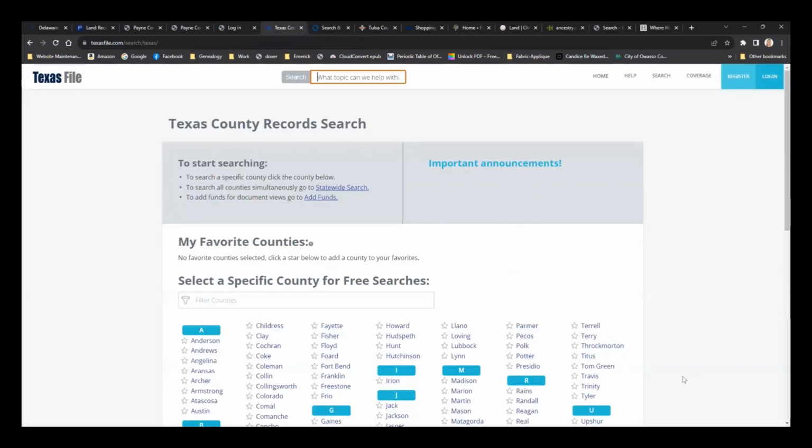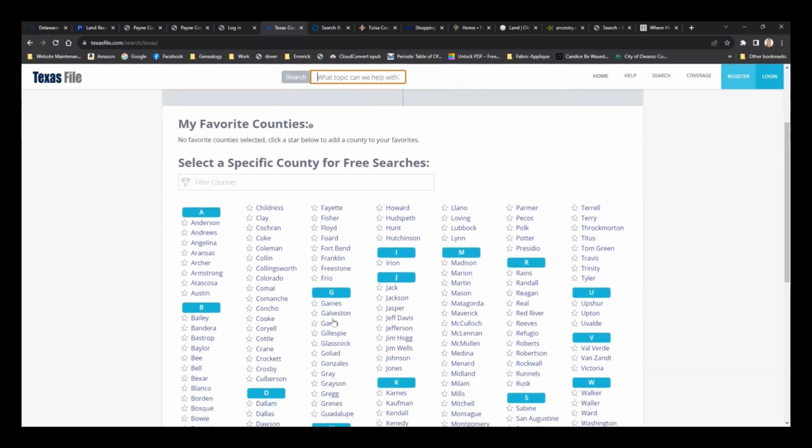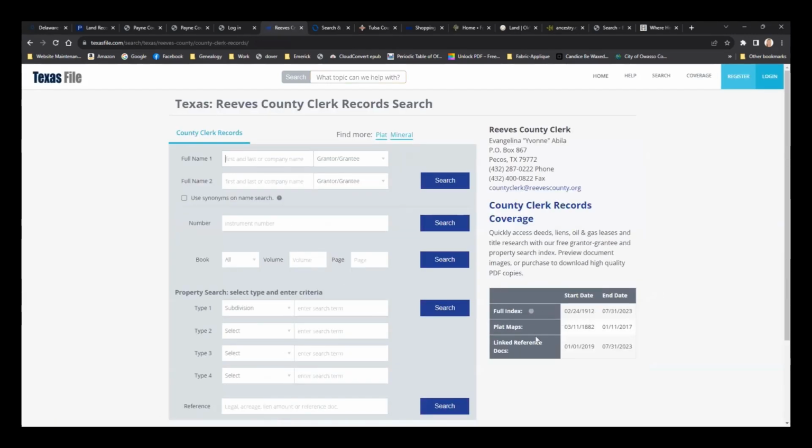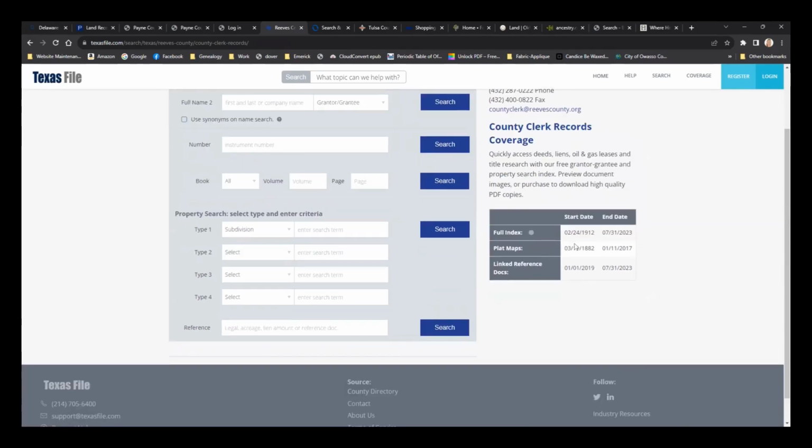Texas has a couple of great systems to use if you're looking for records there. This Texas site I use all the time, and it has the different counties you can click on, and then you can search, and then you can pay a fee and download the document you need. This shows the start date 1912, the end date 2023, plat maps from 1882, and linked reference documents.